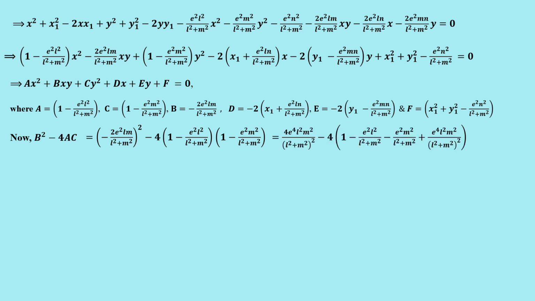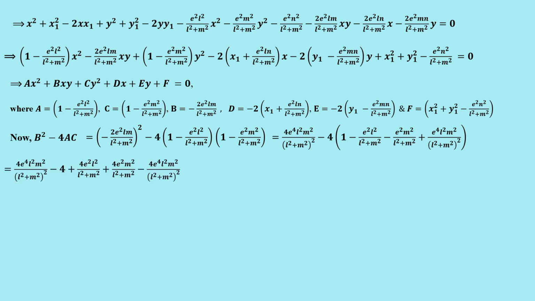So squaring, 4 e power 4 L square m square by L square plus m square the whole square, minus 4 into, just to do the multiplication, 1 into 1, 1 into minus e square L square by L square plus m square, right? Then 1 into minus e square m square by L square plus m square, then minus into minus plus e square into e square, e power 4 L square m square divided by L square plus m square the whole square,